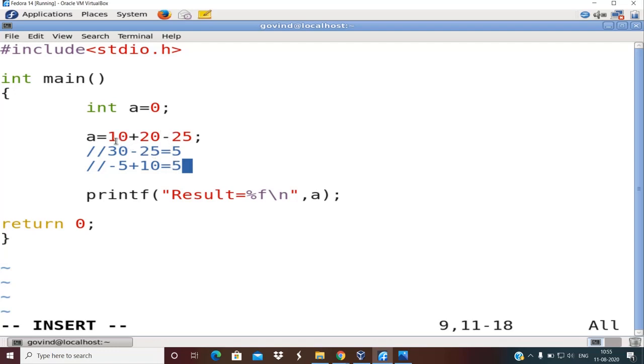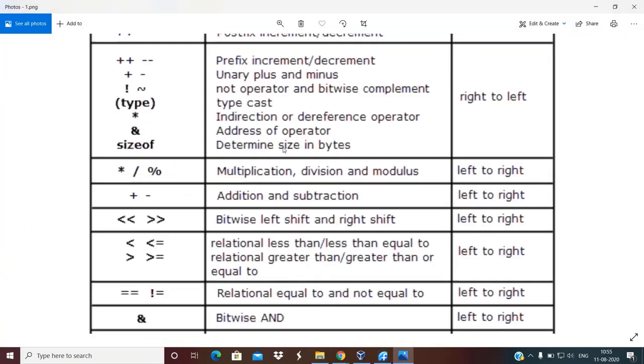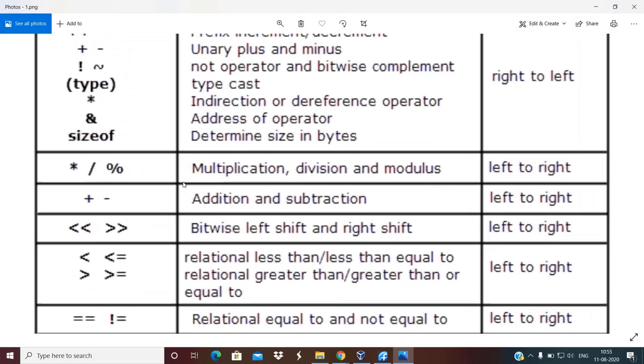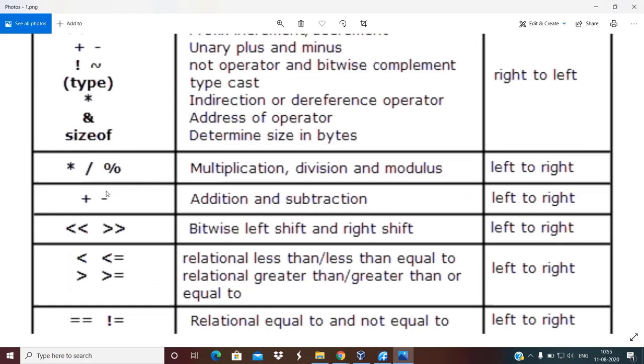Okay, I hope you are understanding. Now there are two operators with the same priority, same level. Which operator should be given the first preference? This is where the associativity of the operator comes into the picture. As I already told before, associativity comes into picture only when you are dealing with operators of the same priority. Now plus and minus are of the same priority. Observe their associativity. It says that it is from left to right.